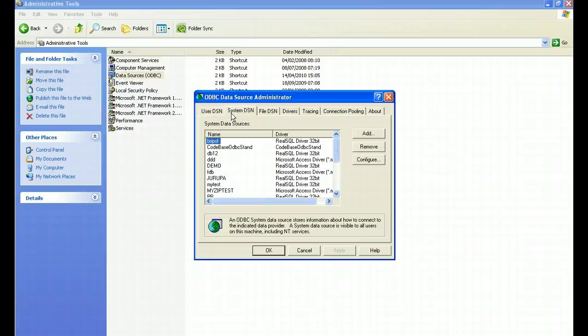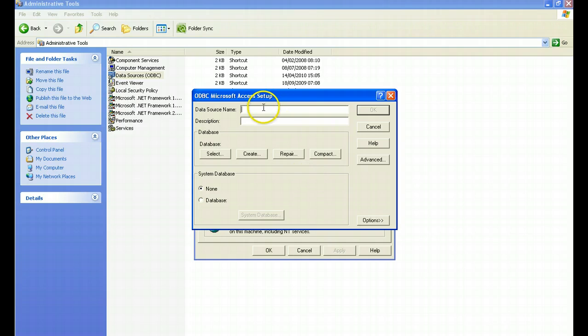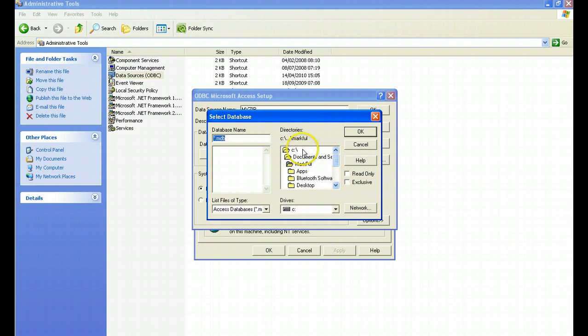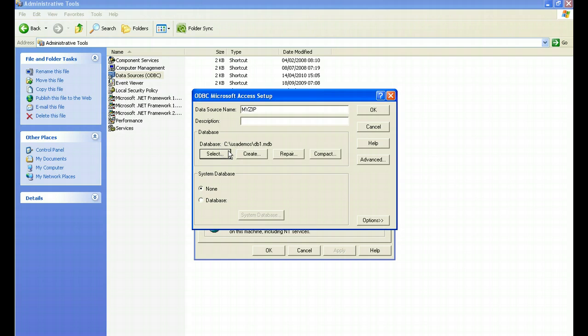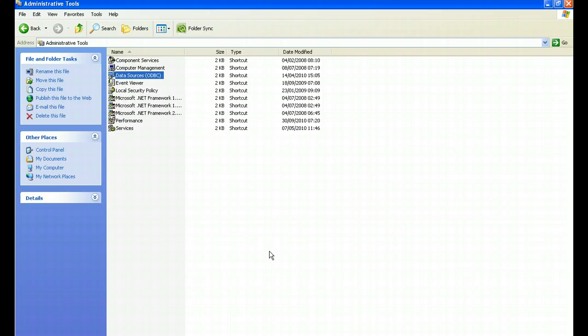and for the purpose of this demo, we're going to be talking to an Access database. So we're going to click on Add. We're going to find our Microsoft Access driver. We're going to give ourselves a data source name. I'm going to call it MyZip for today's demo. And then we need to find the database we're actually going to be talking to. So we click Select, drill down, find the folder that it's in, and simply double click on the database. And that's it. Now we just need to press OK a couple of times and we've created our data